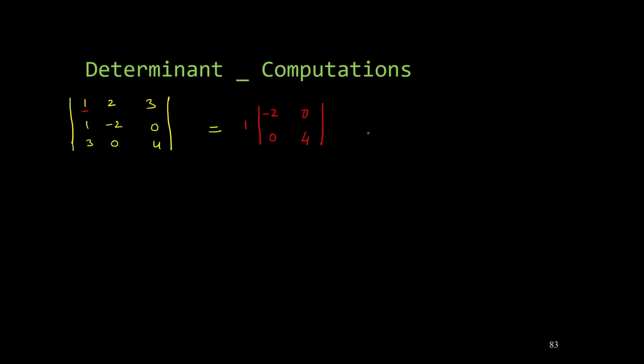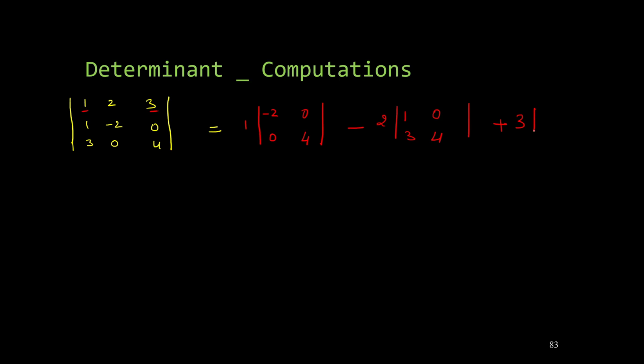So this is just the first part. Then minus sign, we write this element, this is 2, and we write the submatrix here which is obtained by removing the corresponding row and corresponding column. So if I remove the first row and this column, I will be getting 1, 0, 3 and 4. I hope you are able to visualize these elements. And finally, we write plus sign this element which is 3, and if I now remove the corresponding row, meaning first row, and corresponding column, meaning the last column, we get this matrix.